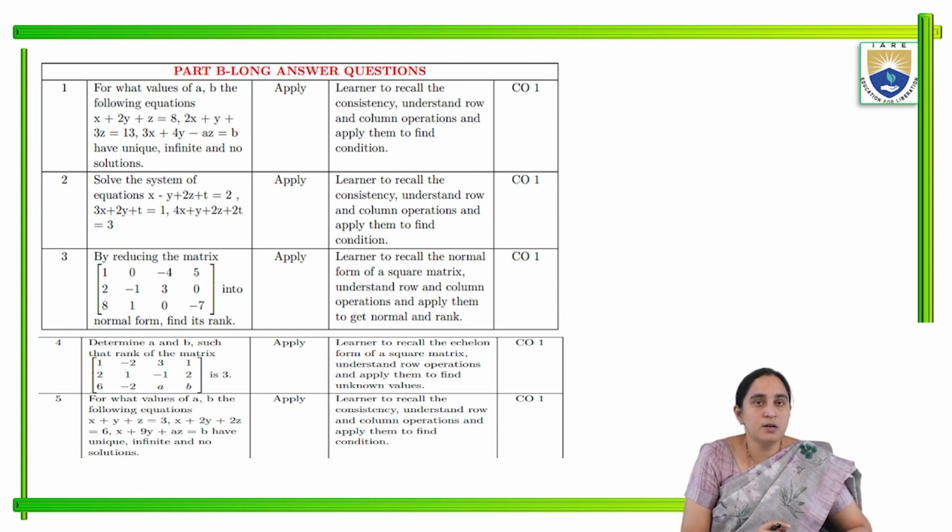Next, third question. By reducing the matrix 1, 0, minus 4, 5; 2, minus 1, 3, 0; 8, 1, 0, minus 7 into normal form, find its rank. Observe how many rows are there: 3 rows and the columns are 4. For that we have to reduce the matrix to normal form. Normal means what? Already we discussed. Reduce the matrix to identity with respect to the row and column operations. For that we get